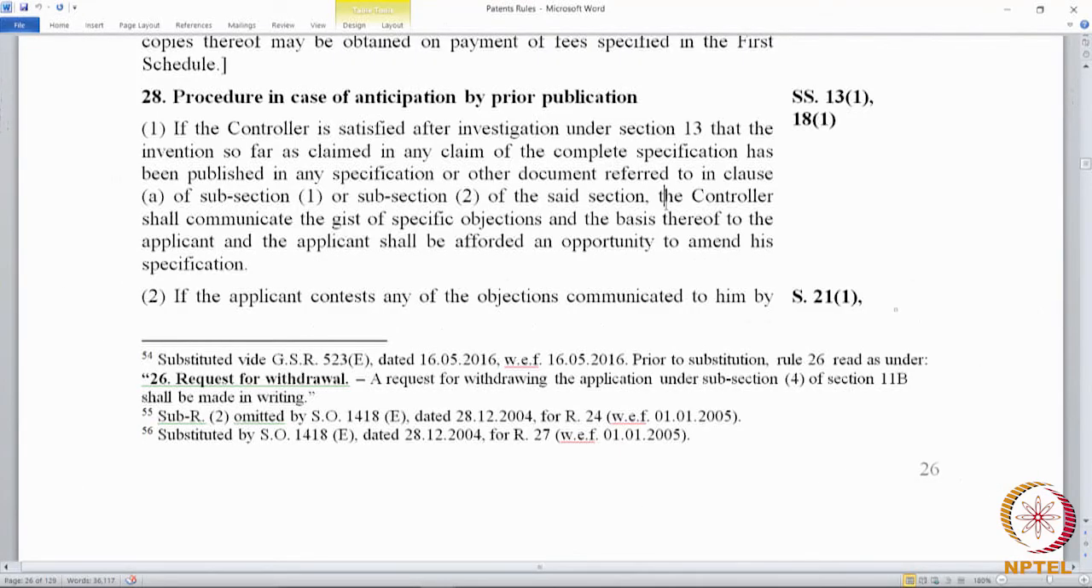Rule 28, Procedure in case of anticipation by prior publication. Rule 28 describes what procedure the controller should follow in cases of anticipation. And we saw in section 18 the powers of a controller in cases of anticipation. We saw that where there is a case of anticipation, the applicant can either show to the satisfaction of the